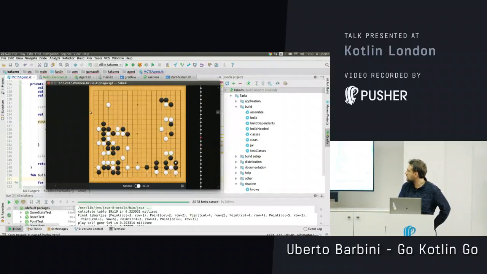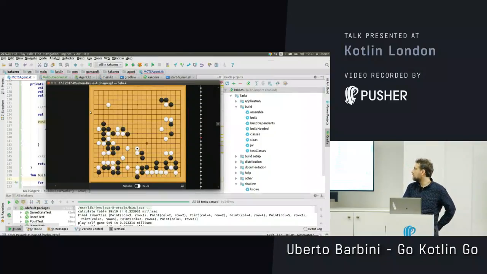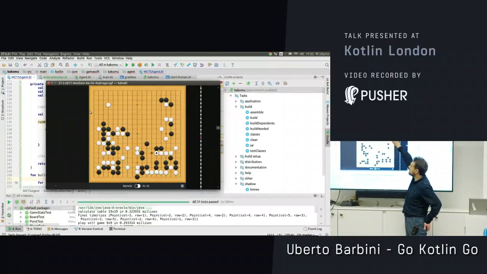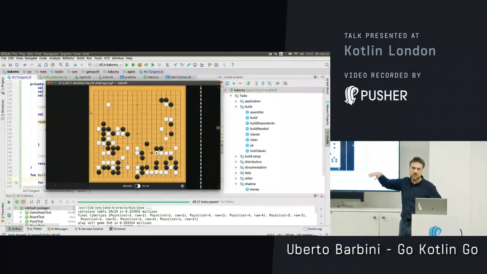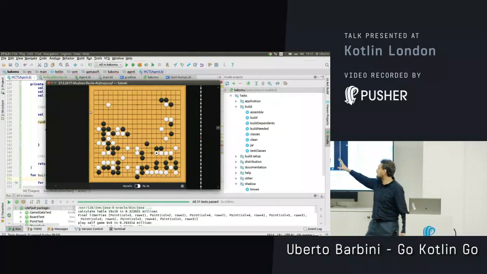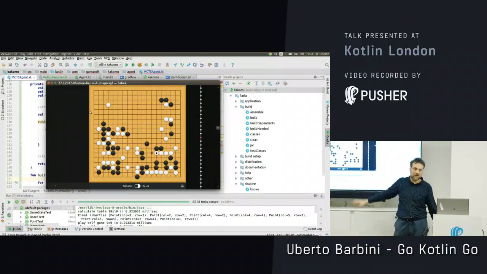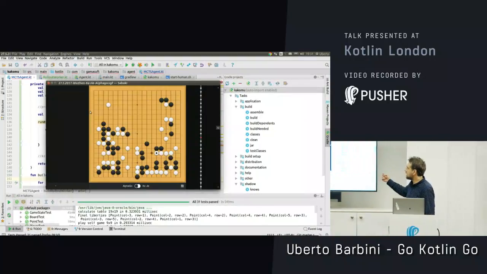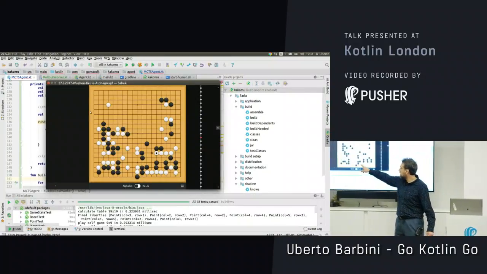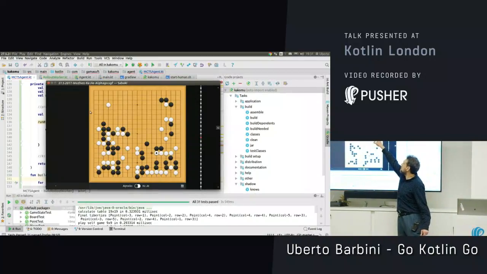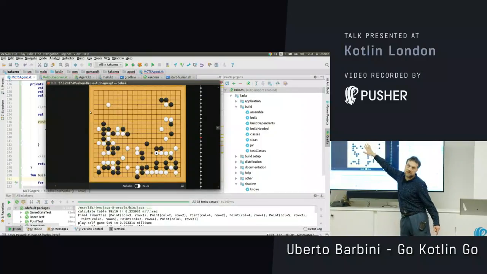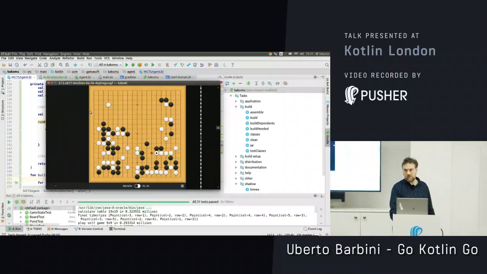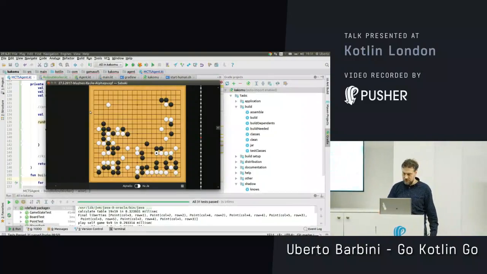There is a lot of strategy involved. Basically, the strategy is based more or less on the fact that it's much easier to surround territory on the corners. So first they play the corners, then the lateral area, and finally the center. But on the other side, here black is basically taking the territory, but white is getting the territory in the center. So there is always a bit of give and take.